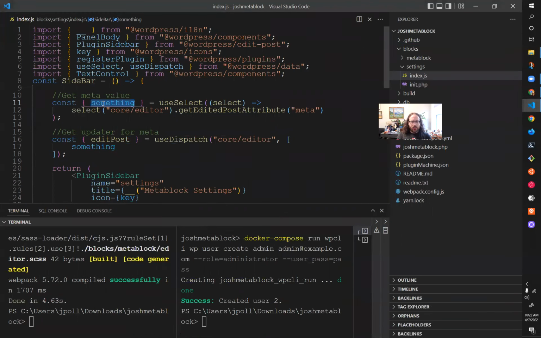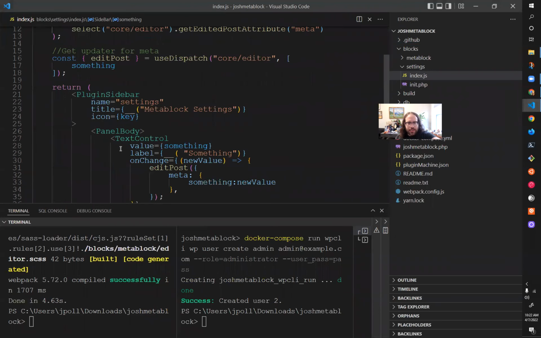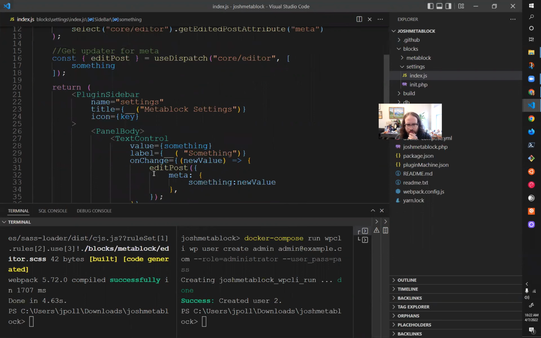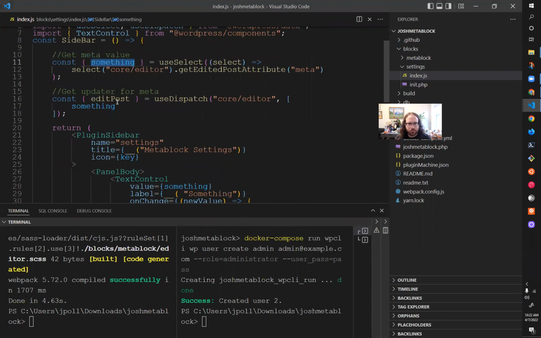We're using the useSelect hook, and then this sidebar has one text control that's changing the value of that meta field. And so, cool. That's not really what we need at all. So why don't we